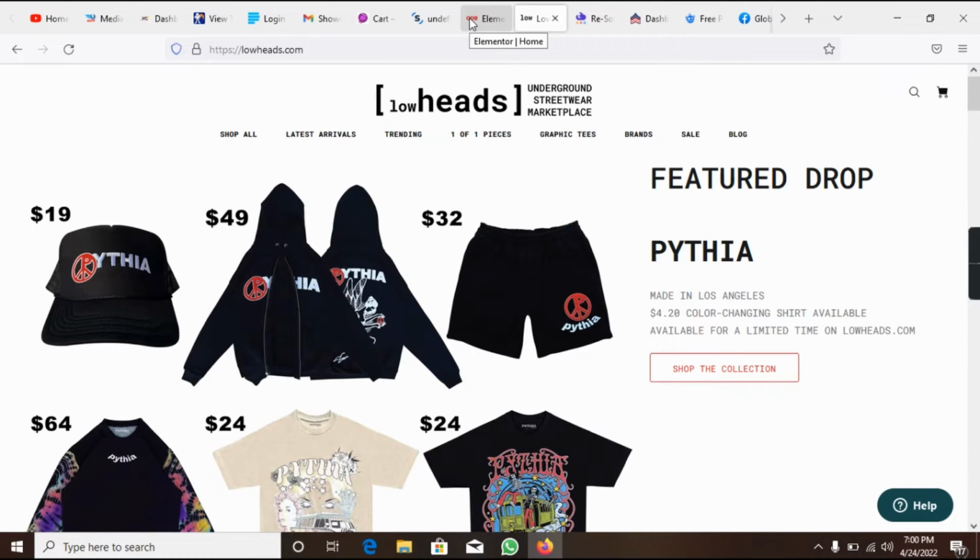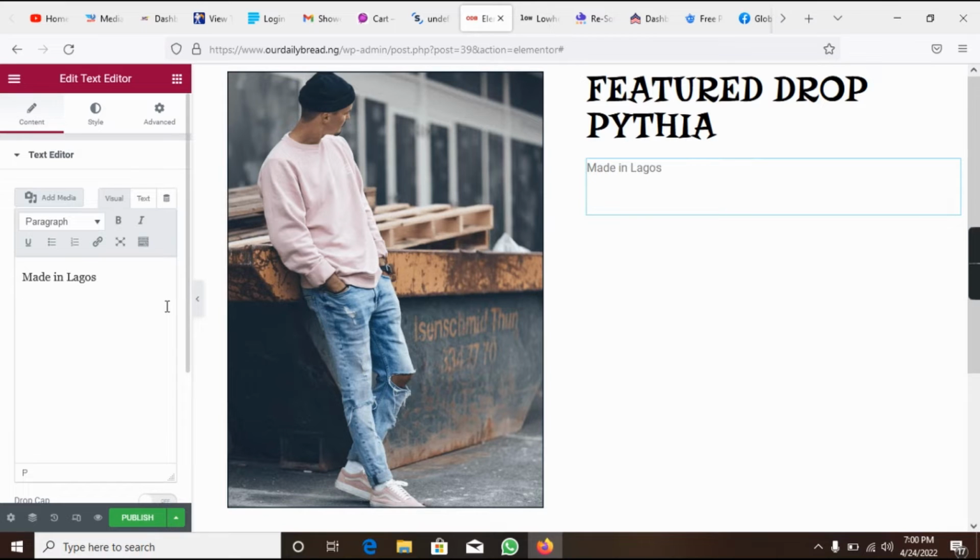$4.20 color changing shirt available. Okay. You can notice that I used the enter button right here. The break code that I put in doesn't work for a text editor, but it works for editing. Take note of that. So use the enter button, then